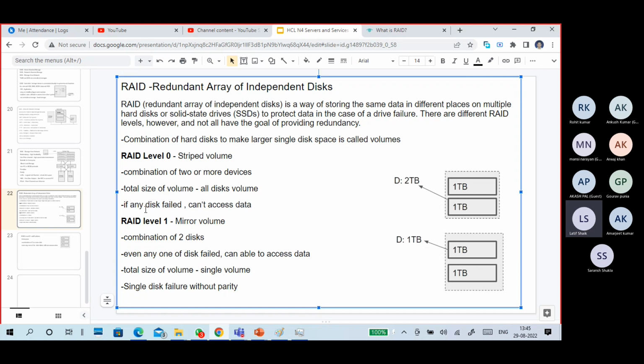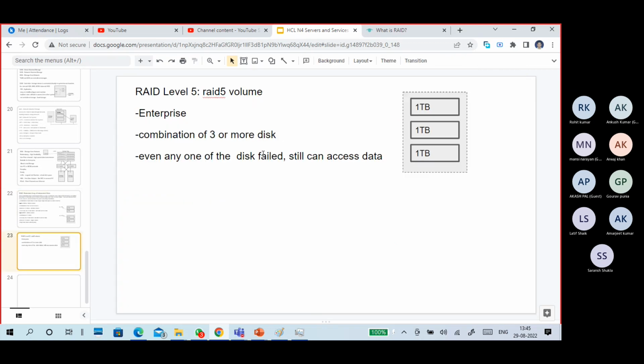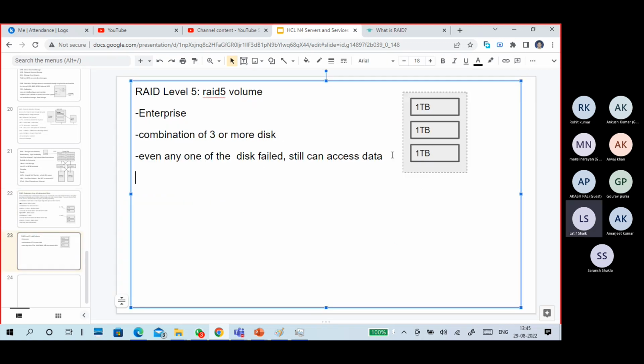Even if any one failed, we can still access the data. Okay, so this is called a single disk failure